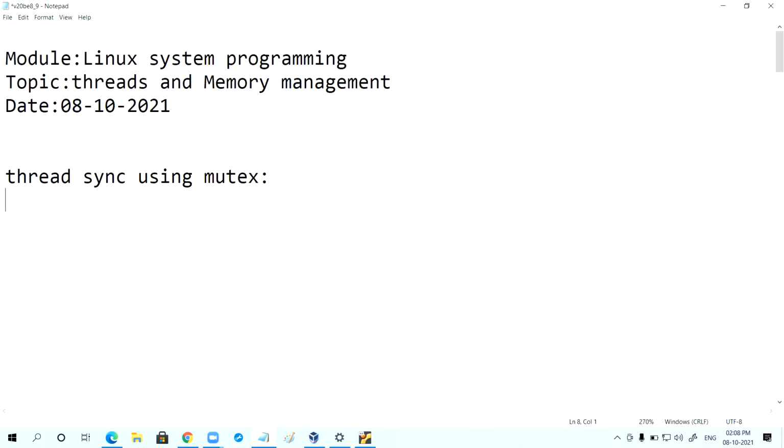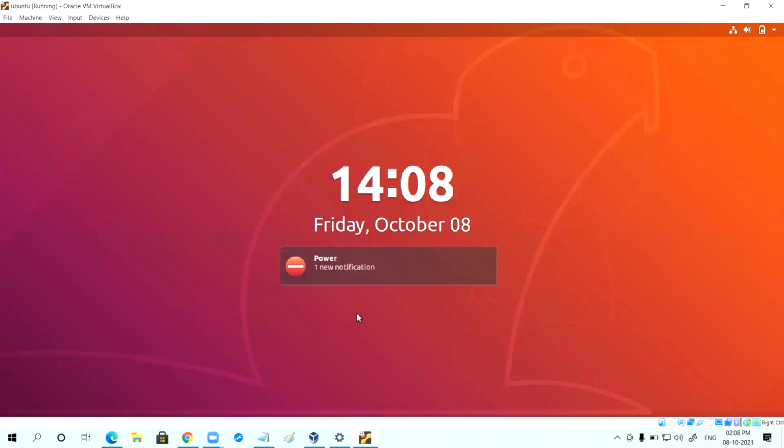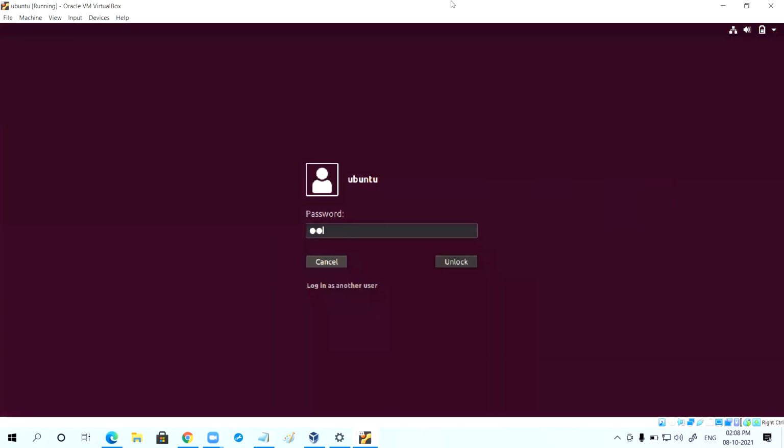Will you agree? The advantage of threads is that if threads want to communicate, they can communicate using a global array.